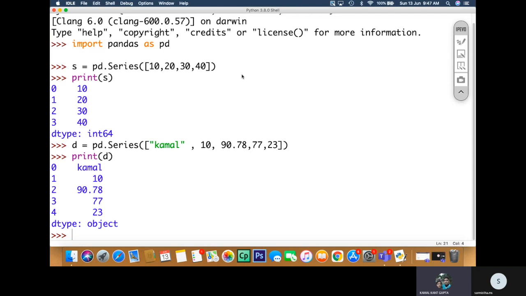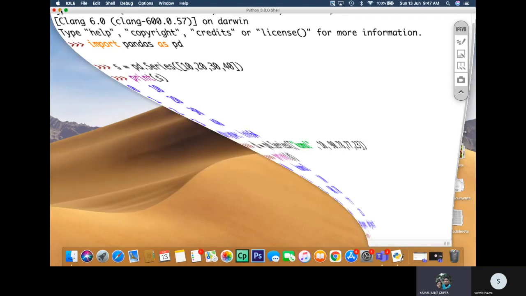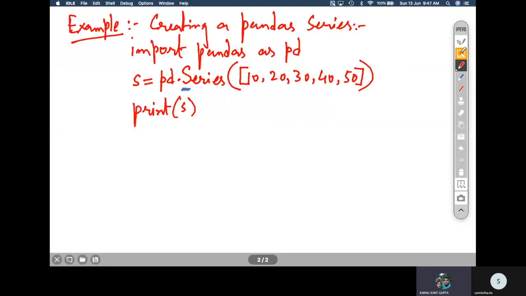Okay. Now let us come to the next thing, that is creating a series with indexes. Let us find out how to do that. The next thing that we are going to learn is passing the index parameter.